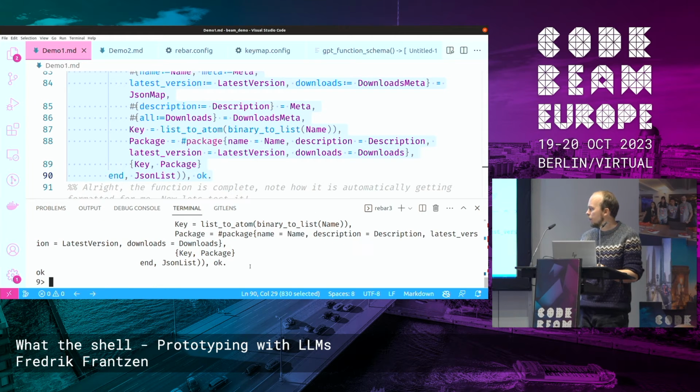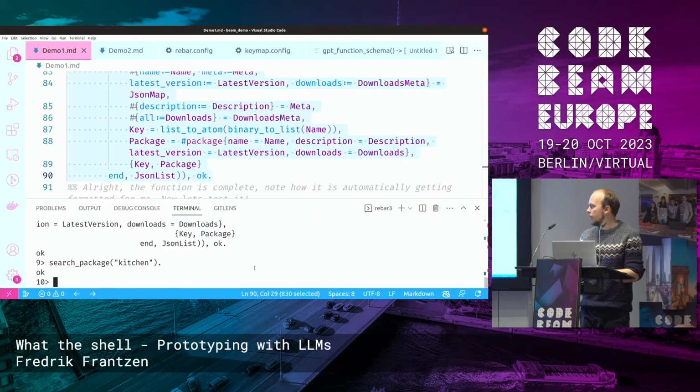All right, so now the function is defined, and then I can test it. Package kitchen, for example. Let's see what happened. Oh, it returns okay.